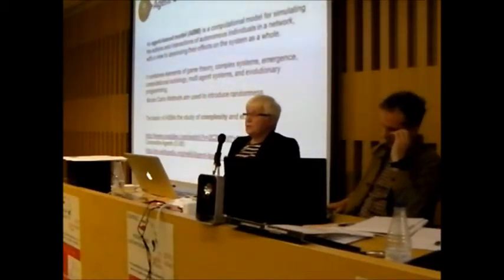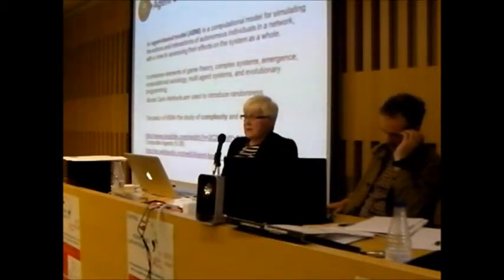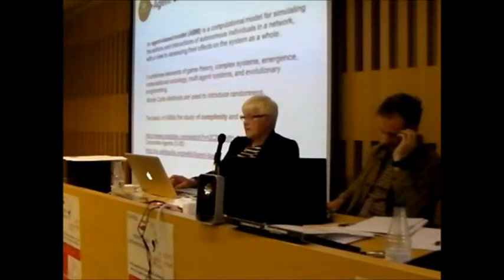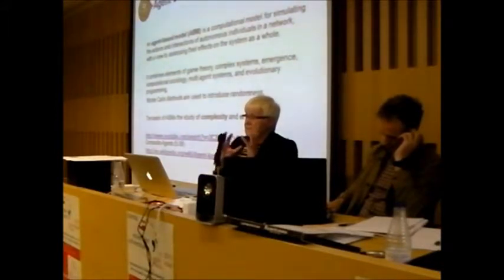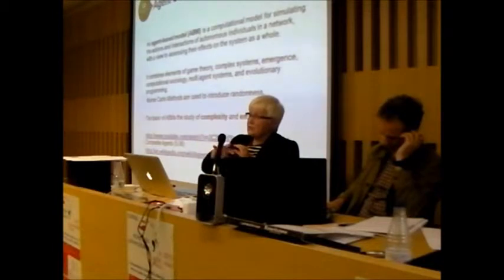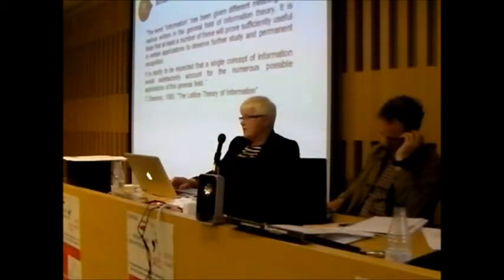And if you want to model complexity, complex systems, our best approach is agent-based models within computationalism, within the framework that I'm talking about. An agent-based model is a computational model for simulating the actions and interactions of autonomous individuals in a network. So an agent is an individual, and it has a certain structure, and you also define interactions between those individuals, those agents. Here I have a long part of explanation about information.